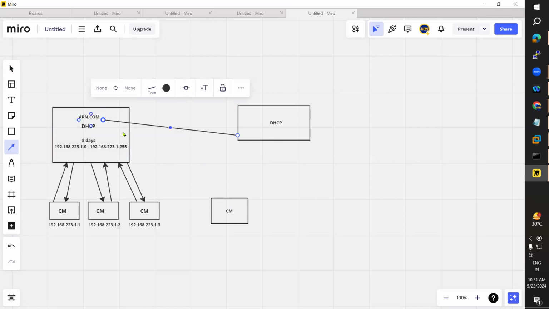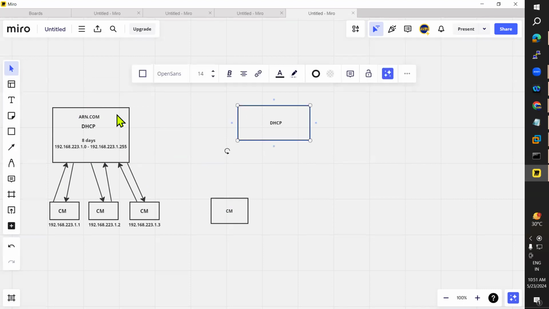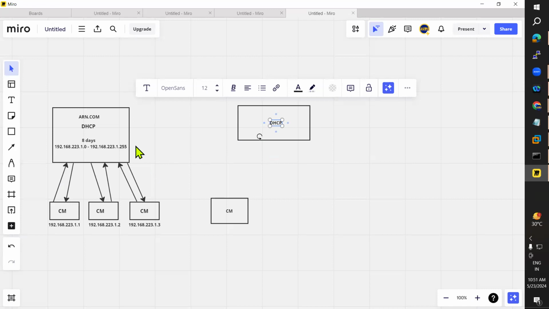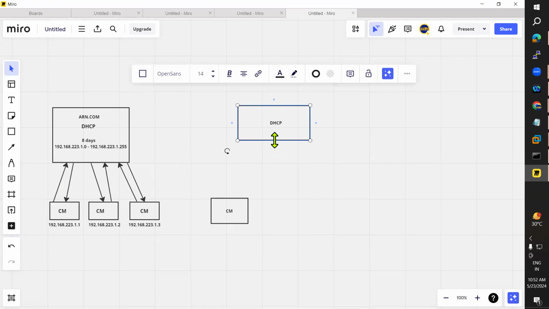So arn.com is, as I said, a forest or domain, and it cannot accept this illegal DHCP server, because the domain controller DC should authenticate this server and accept it as a DHCP server. Otherwise, this DHCP server cannot enter into our network. So with the DHCP, the advantages are that other illegal client machines or servers cannot enter